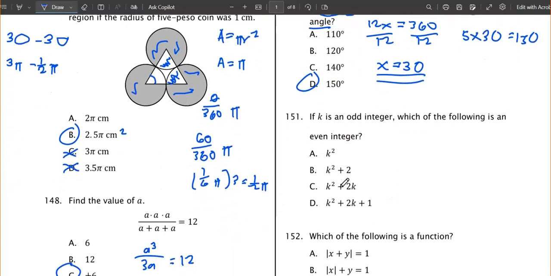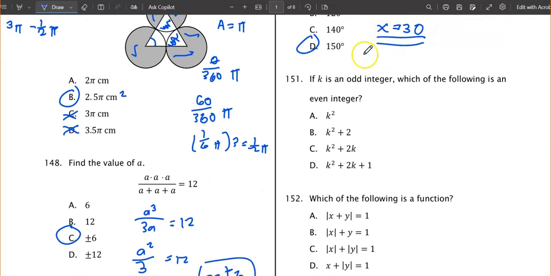Number 151. If k is an odd integer, which of the following is an even integer? So take note that when you square an odd number, that remains an odd number. Example, 3 squared is 9. It's an odd number. So this is not your answer. And then you know already that k squared is odd, and then this is even. So when you add an odd number plus an even number, the answer is odd. So this is not our answer. And then when you multiply an odd number by 2, example 3 again, it will give you an even number. So C is the same as B. That is not our answer. The answer is letter